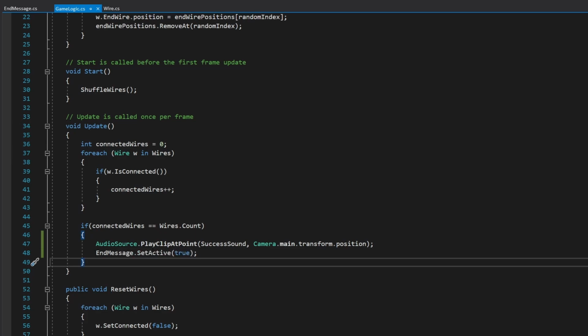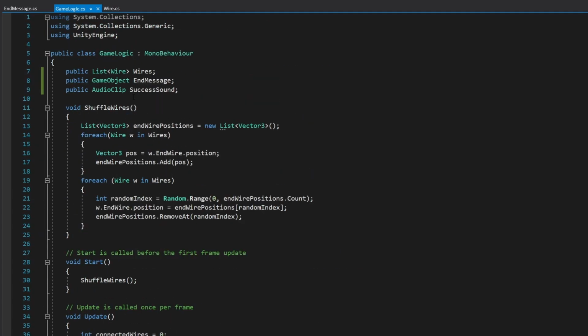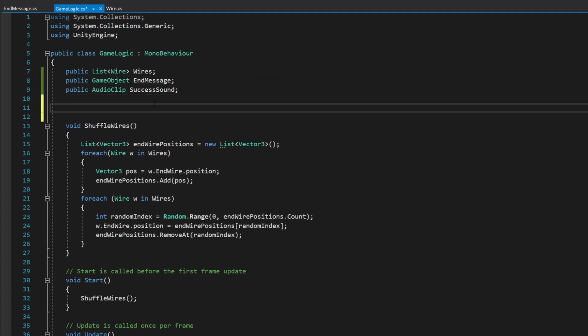So it will call set active true over and over and over again. And it will also play the clip over and over and over again. So we gotta make sure that this only happens once. And there's a very easy way to do that. We over here can declare a new bool, just like we've done before. Bool, and we can say